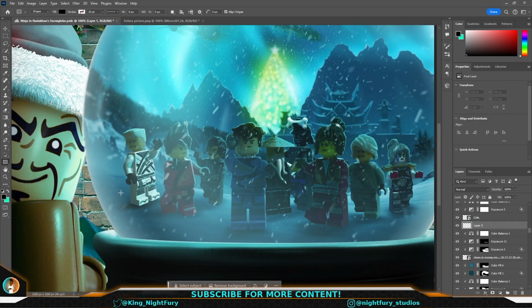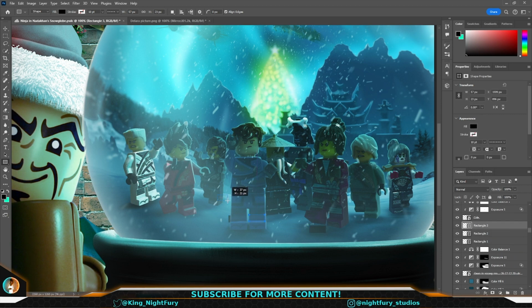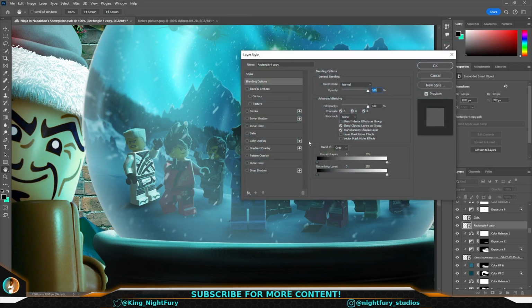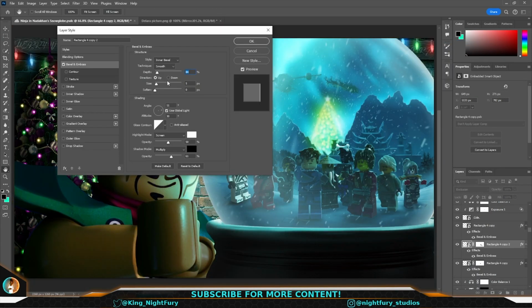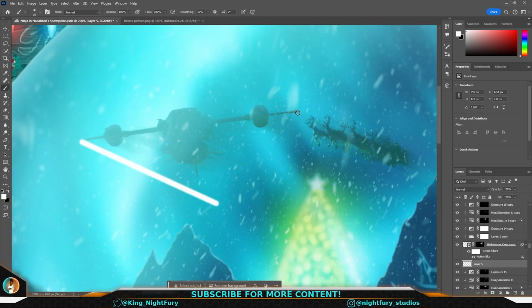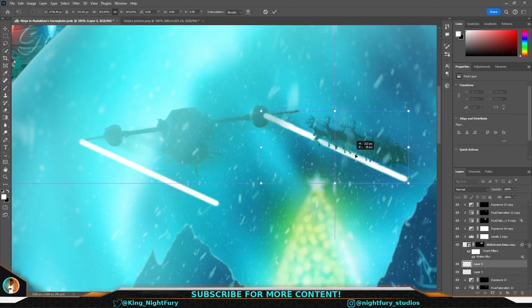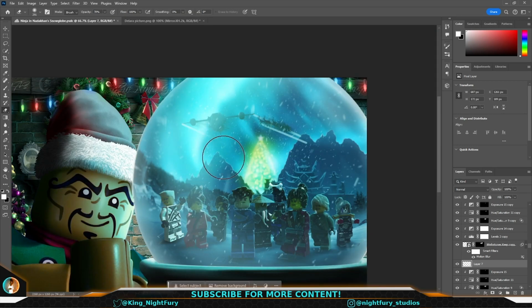I decided to add some footprints onto the snow. It's not like the ninja would be standing there the whole time. I used the rectangular tool to make some shapes as footprints. I also used the bevel and emboss tools to make them look like they're embedded in the snow. I also painted some lines and put them behind Misfortune's cape and the reindeer to further emphasize that they're moving